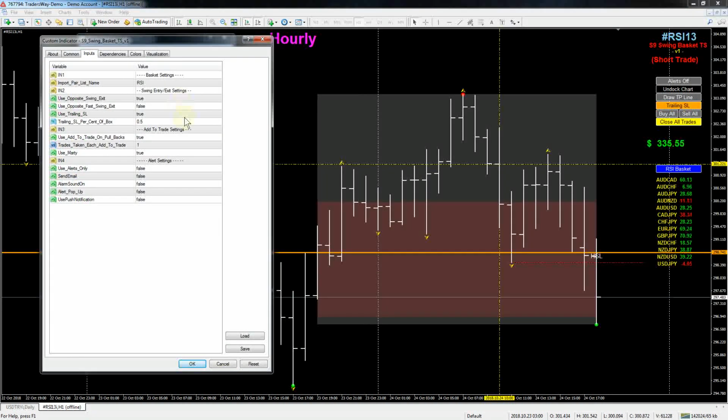These are basically the settings you have. And here it is right here. Use trailing stop. Set to true. And I got it set at 50%. So what that means is this red box height will be 50% of the gray box height, and it will